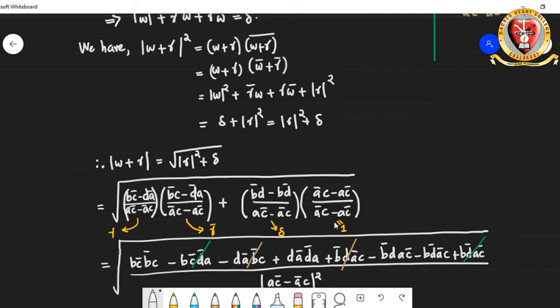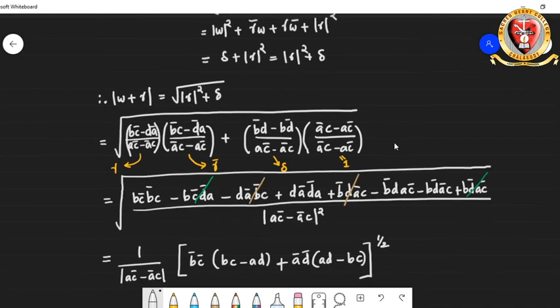and here I am just taking a 1, which is nothing but dividing and multiplying with a bar c minus ac bar divided by a bar c minus ac bar. Note that this is nothing but the conjugate of this, because we need the same denominator for this term and for this term also. That's why we are doing that. Then you take out the braces, cut out all the similar positive and negative terms,